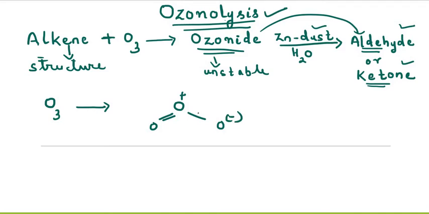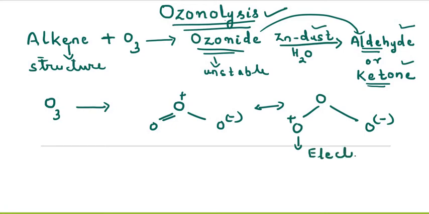So we know that ozone has a resonating structure and it is represented like this. Now if, out of these two double bonds, the pi electron is shifted, we will be getting a structure like this. And here we will be getting a plus. So this one will be acting as what? It will be acting as an electrophile. We are just going to see how this ozone reacts with alkene.